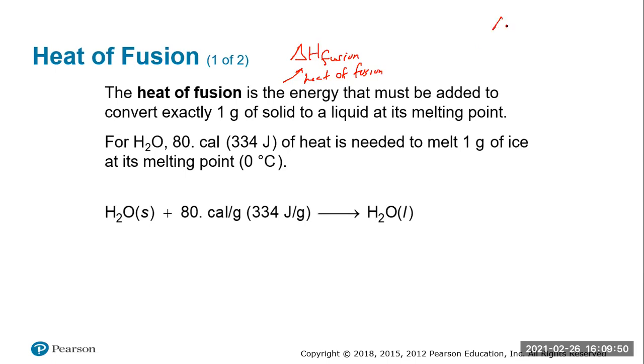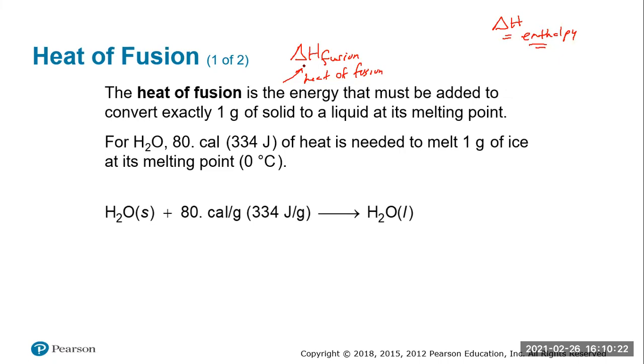And delta H is outside of our class, but delta H is what is actually referred to as the enthalpy. And enthalpy is a fancy letter and symbol for basically the heat of a reaction. So that's basically what it means. But the delta H of fusion, or the heat of fusion, is the energy that's required to change 1 gram of a substance from solid to liquid, or liquid back to solid.